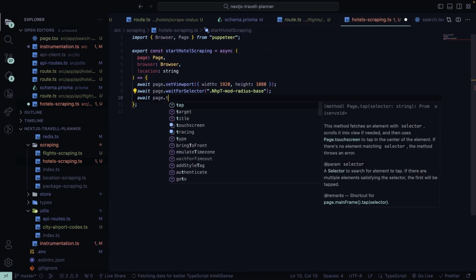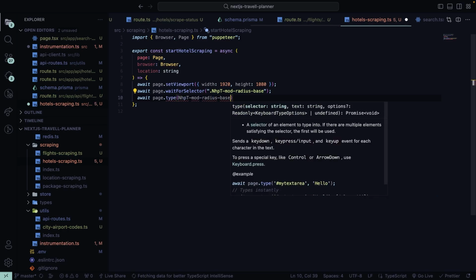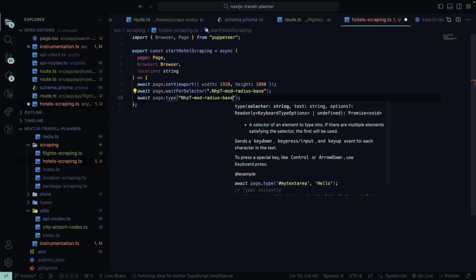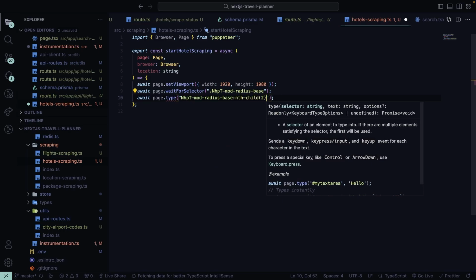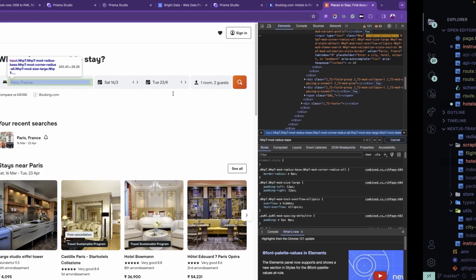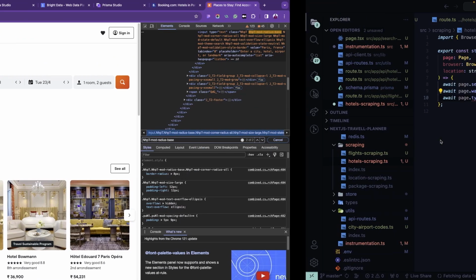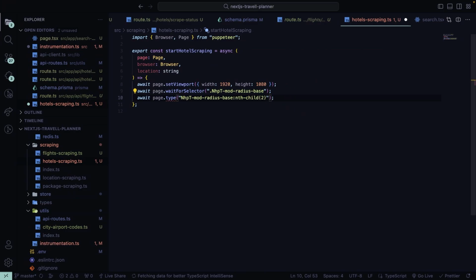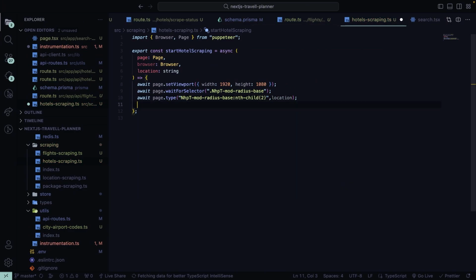So await page.type method, and we want to paste in that again. And now we want to select the nth child of 2. So not the first but the second. If you head over here, we have two instances of that, and we need the second of this, not the first. So nth child of 2. And then we'll pass in the location that we need to type, and then we'll have const liSelector